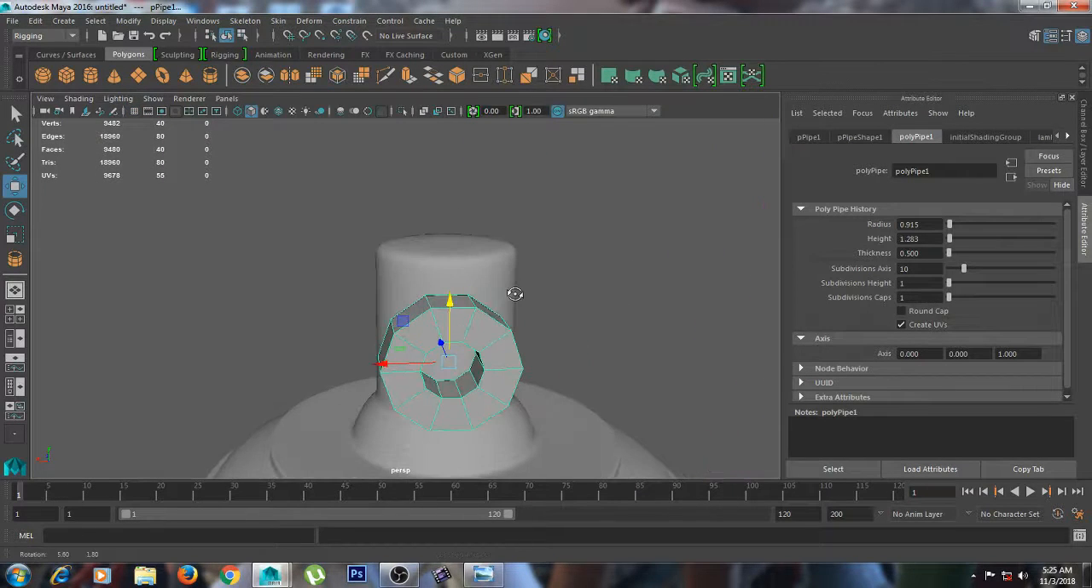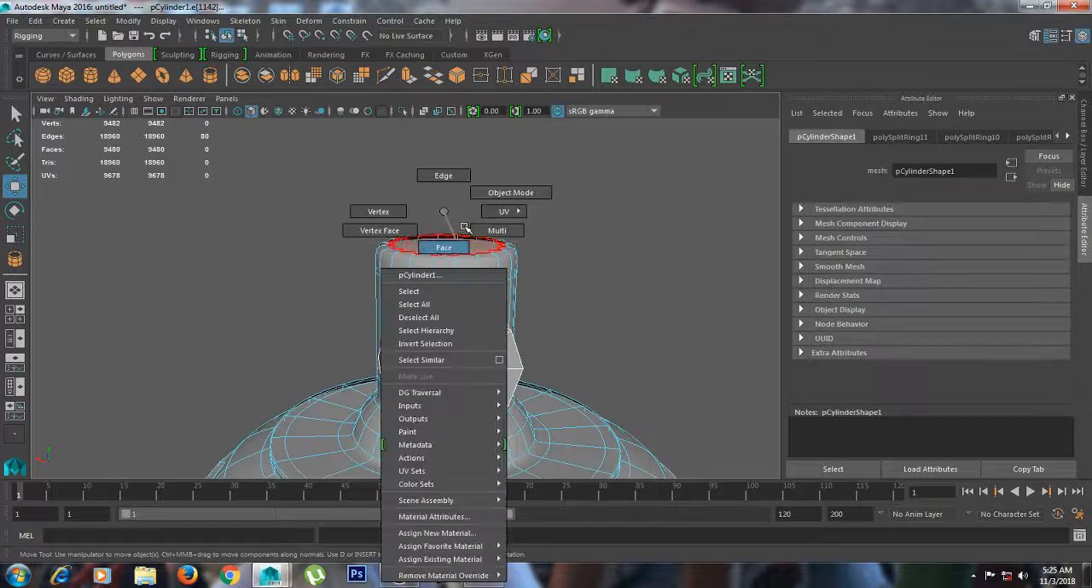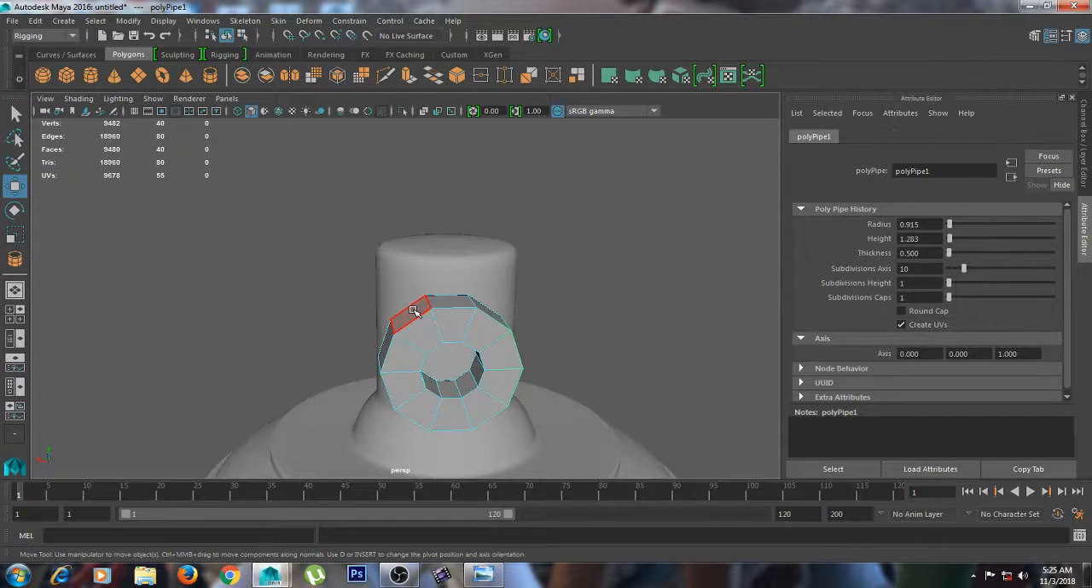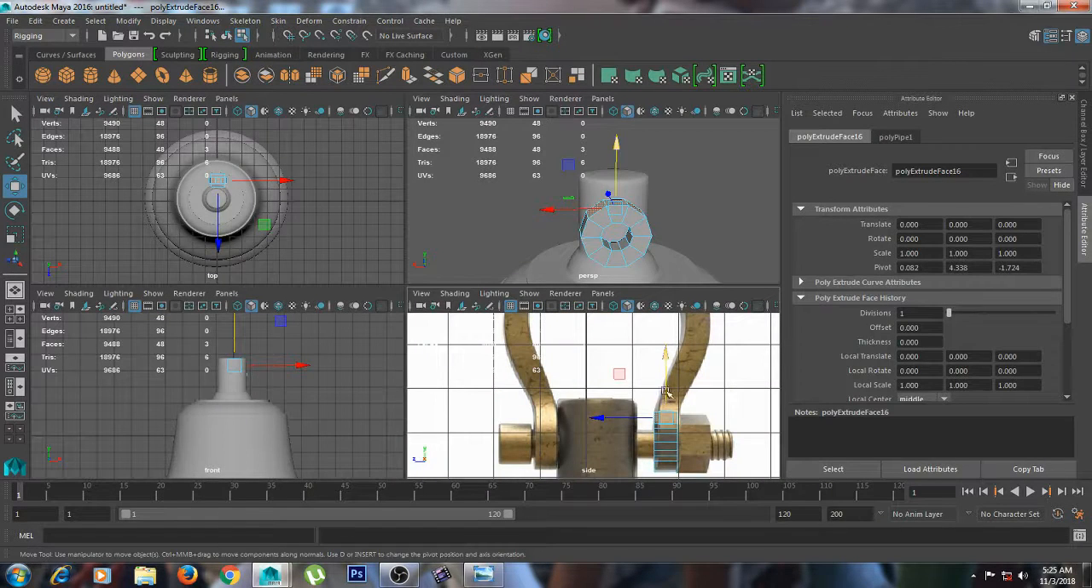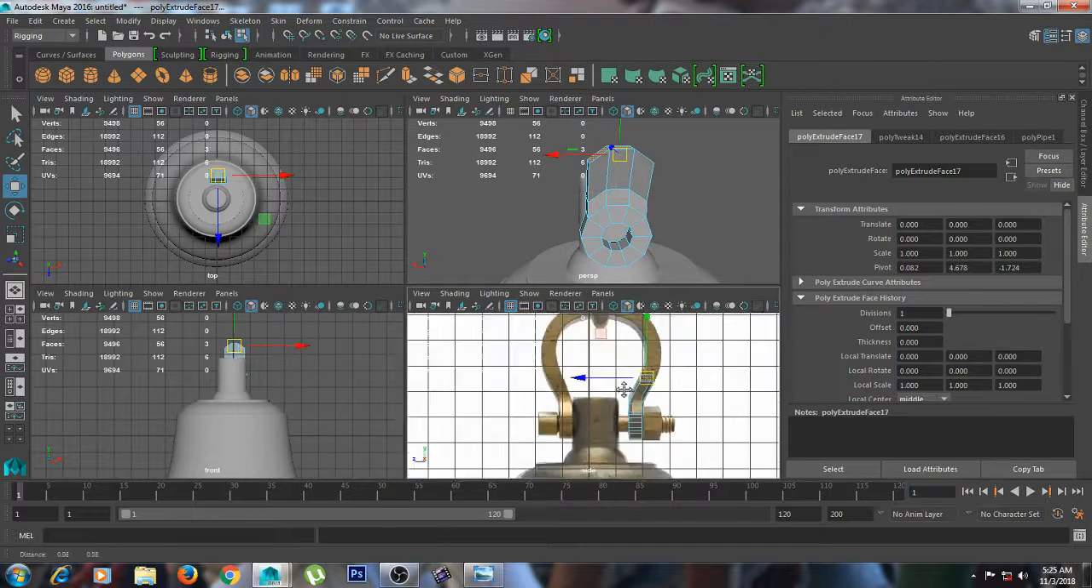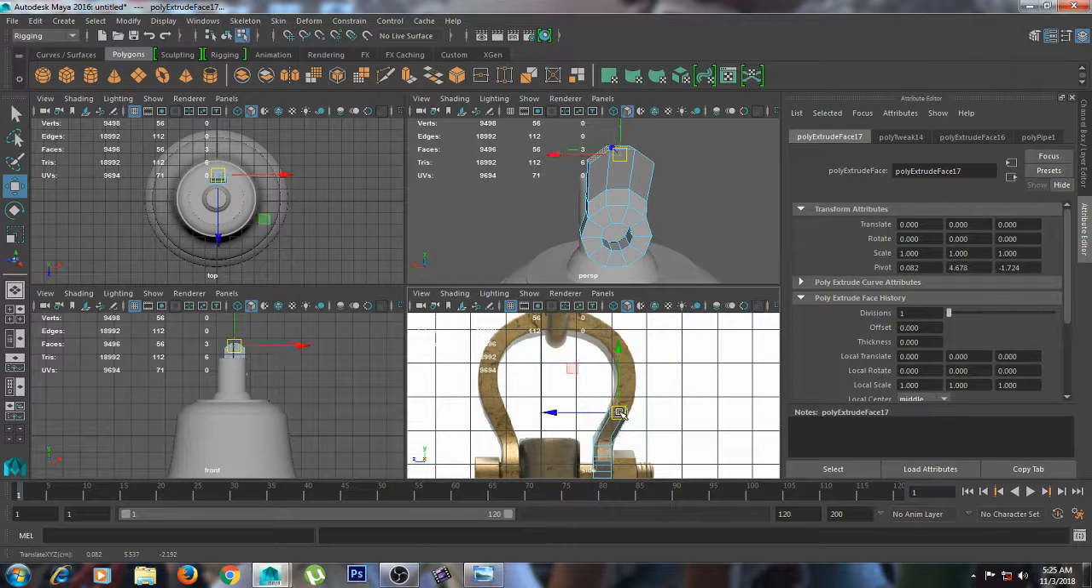Okay, then select these top faces, extrude it somewhere around here, and then again G to repeat, W for move tool, and keep it here, and again G to repeat, W for move tool. If you want, you can scale it a little bit. Okay, this also you can scale it,